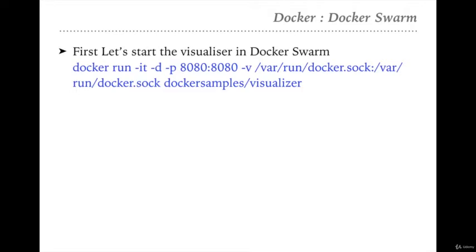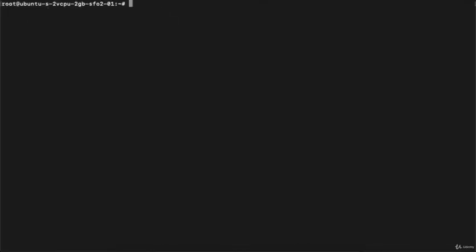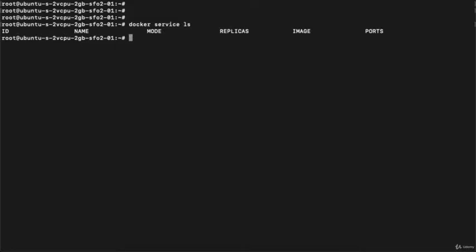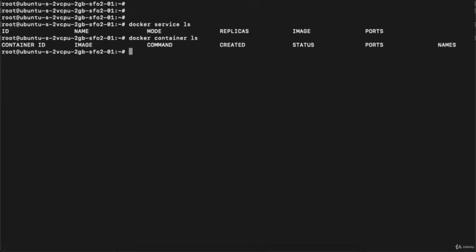So let's execute this command on the terminal. I am on my terminal. First, let's see if any docker service is running. So docker service ls. In my case, no service is running. In your case, if some services are running, let's first clean them. It's not mandatory, but it's good to clean the old services when starting something new. Now let's see if any containers are running. So docker container ls, and no container is running either.